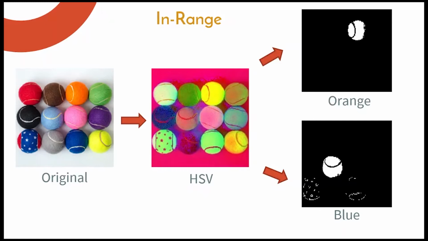Now that we have seen what thresholding is, we will now look at the inRange function. Unlike thresholding, if we want to extract a color between two color limits, we go for inRange function. The output of this inRange function is a binarized image, and not just that. If you look at the original image, out of all the shades of blue, and if you look at the bottom right image, we were able to extract a particular shade of blue, that is sky blue. This is the speciality of inRange function.